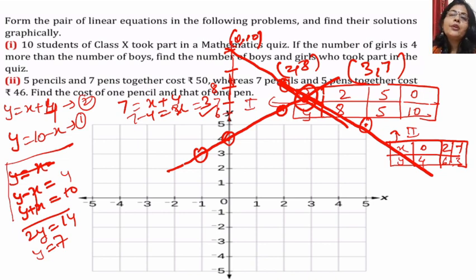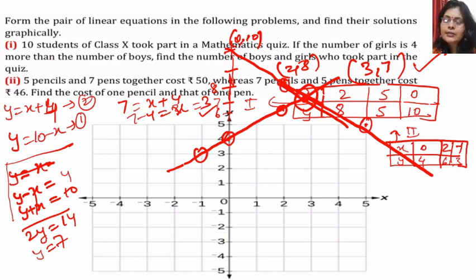Suppose sometimes children may do something graphically wrong. If they have calculated this in their rough work, they can very easily verify that their graph and their answer are correct. So in this way, we will draw it graphically, and we will write that both lines intersect at point 3 and 7. This is how we have done the first part. Now let us come to the second part.